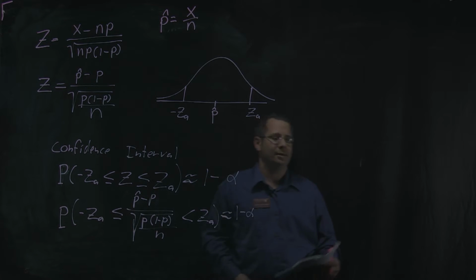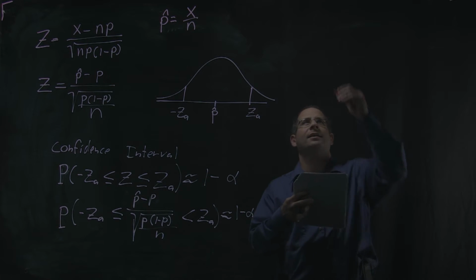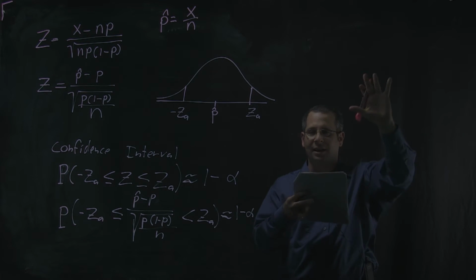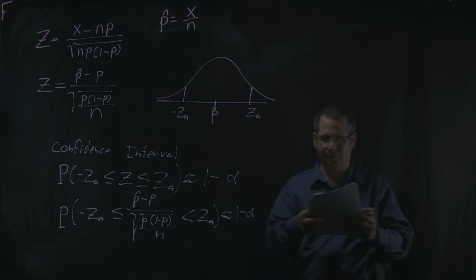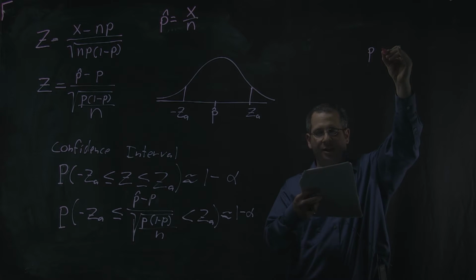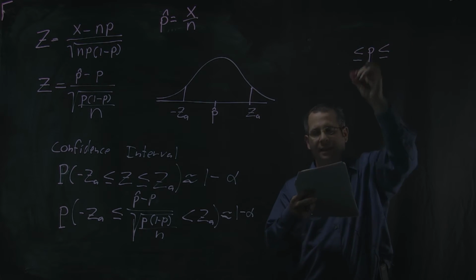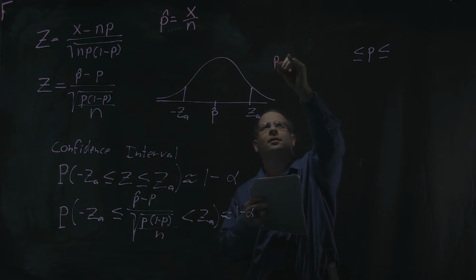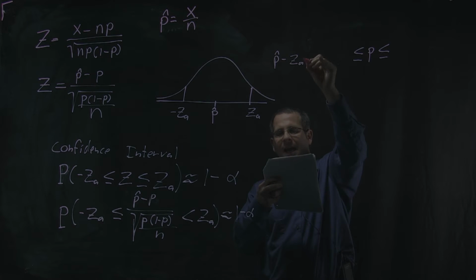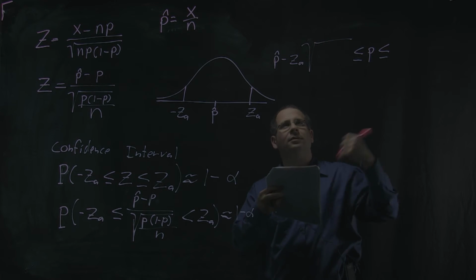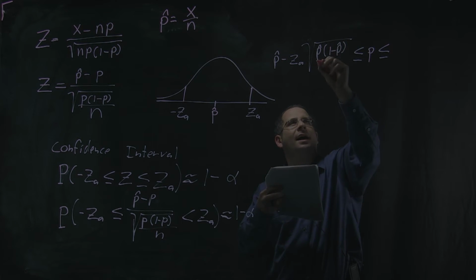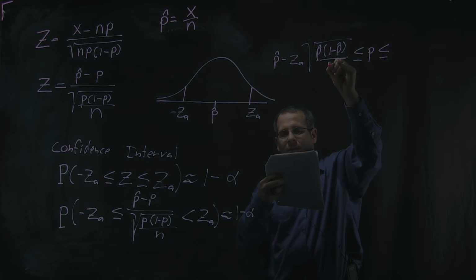So when I do that, I can say that with a confidence level of 1 minus alpha, my true population proportion is somewhere between p hat minus ZA times the square root of p hat 1 minus p hat over n,